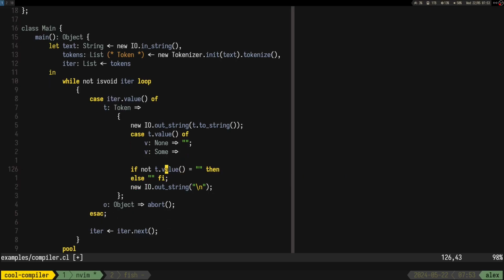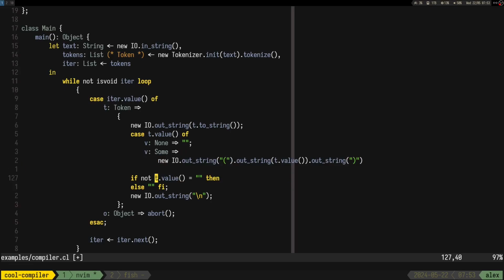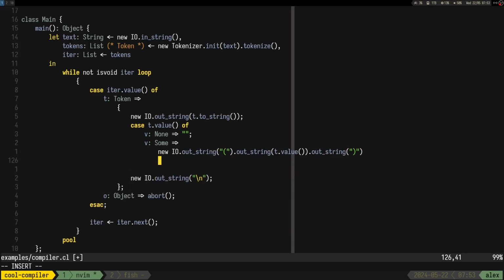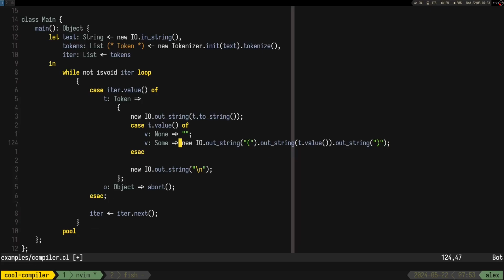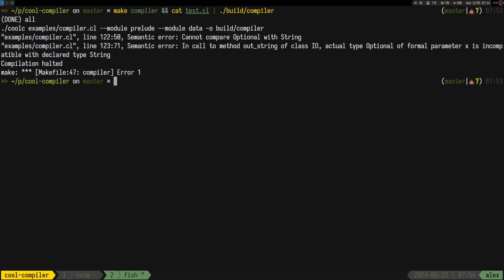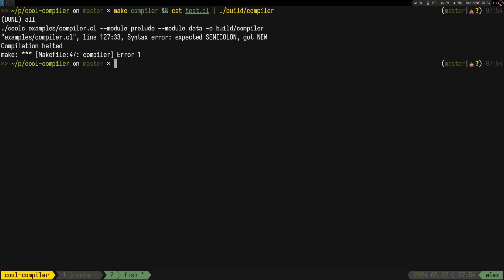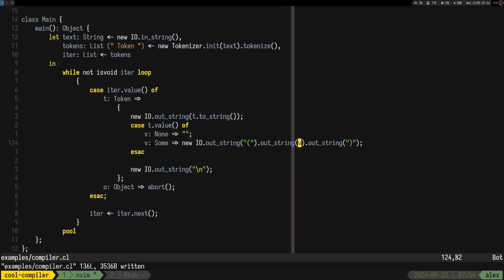And in this case we have to do something like this. So in this case we print, here we have the value, so let's just replace it with v. Okay, so 127.